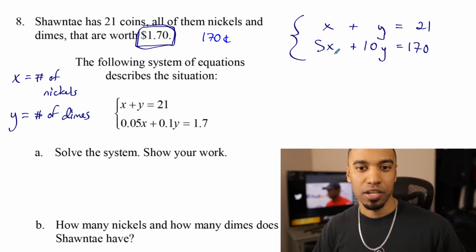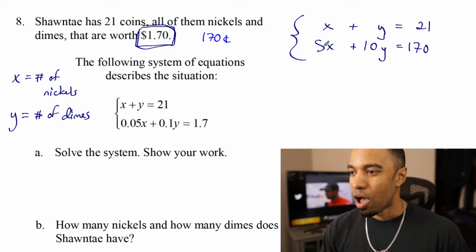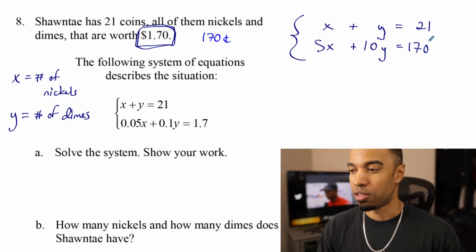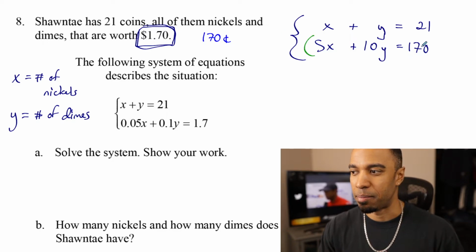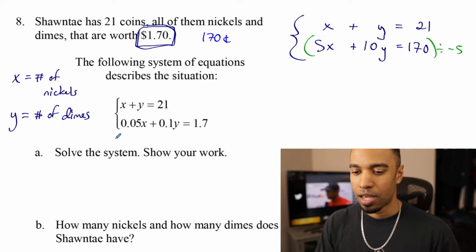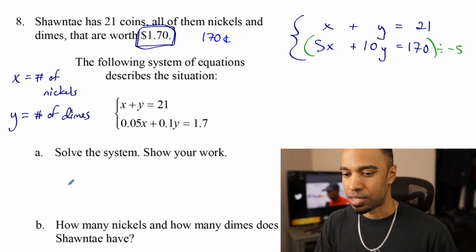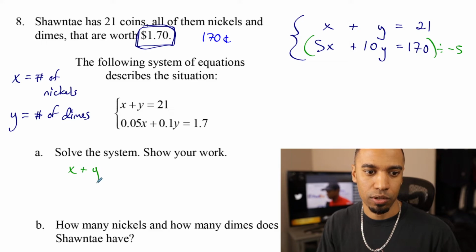Before I talk about multiplication, I want to do division this time. All of these numbers are divisible by 5. Maybe you know that, maybe you don't. But they all end in 5 or 0, so they're all divisible by 5. I'm going to divide everything by negative 5. If I divide everything by negative 5 here, the top one says x plus y equals 21, and the bottom one will now say